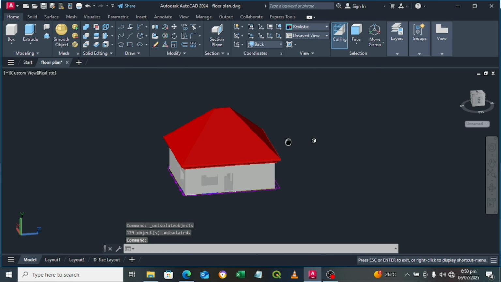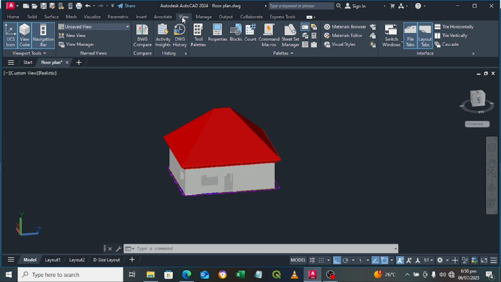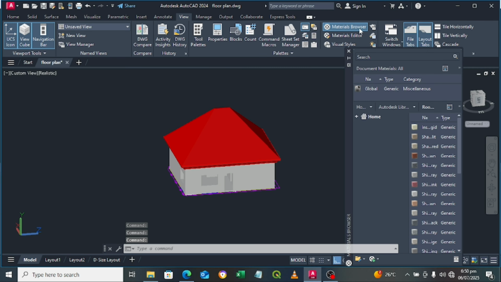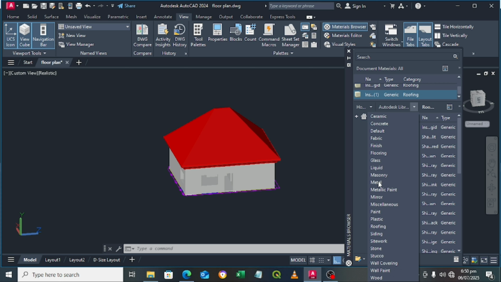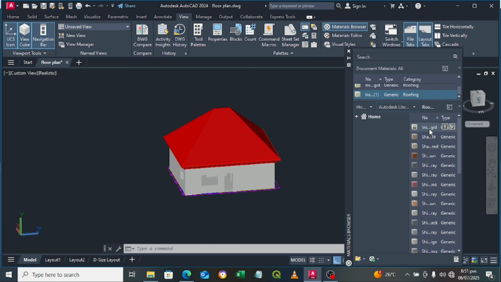I think we can add some materials to the roof. So we go on views, then material browser, select there, then take it there top. Okay, go on material browser, then Autodesk library, and on Autodesk library, go in roof, then I think I'll go with this one. Okay, take it there on top, click on this arrow to take it on top,